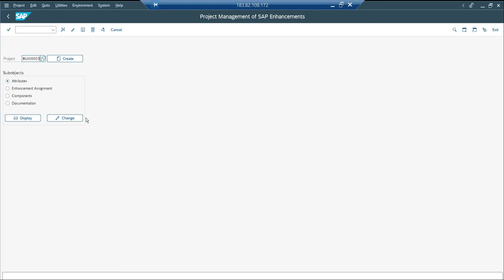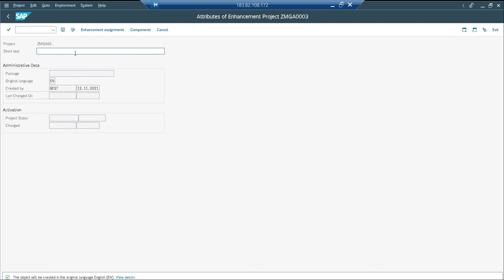the same enhancement name and start with Z, and just adjust with some characters because it almost fills the exact values. So I say Z. Oh, okay, let's insert. Yep. Okay, I removed 10 to accommodate the Z. Okay, I'm creating a project. So just click create, short text, implementation